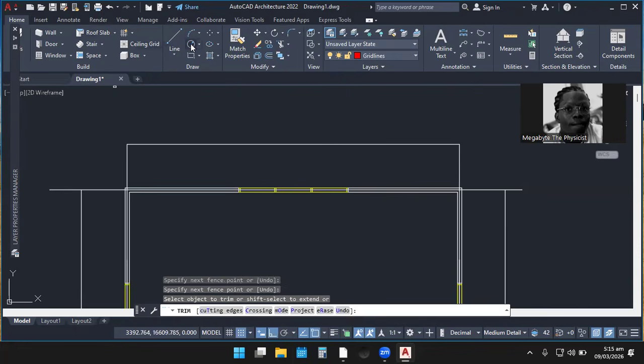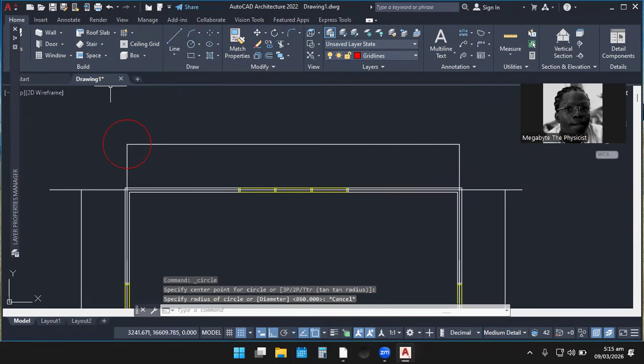Or I can go and take a circle. Okay. And then the circle, I put the circle on the, so I'm going to take a circle, then put a circle over there.